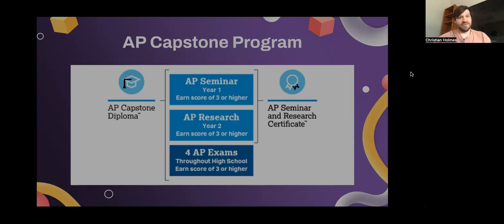That being said, these are AP classes. They are challenging. The best way to understand how these courses work is to talk to someone that's currently in them and see what they go through. But if you've ever put together a thesis in your life, this is essentially what these 2 courses prepare you to do. In AP Research, the senior version of these 2 courses, you will produce a thesis length piece of original research. So you are really doing the real deal in these 2 courses, with all of the challenges that come with them, but all the opportunities as well. I'd be happy to talk more about that program if you contact me directly.